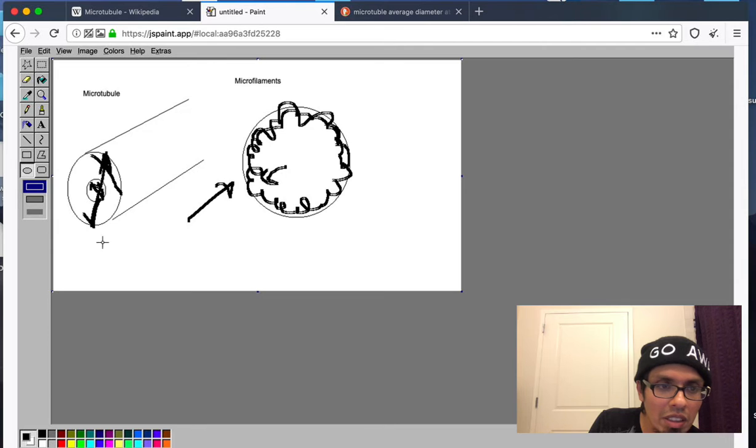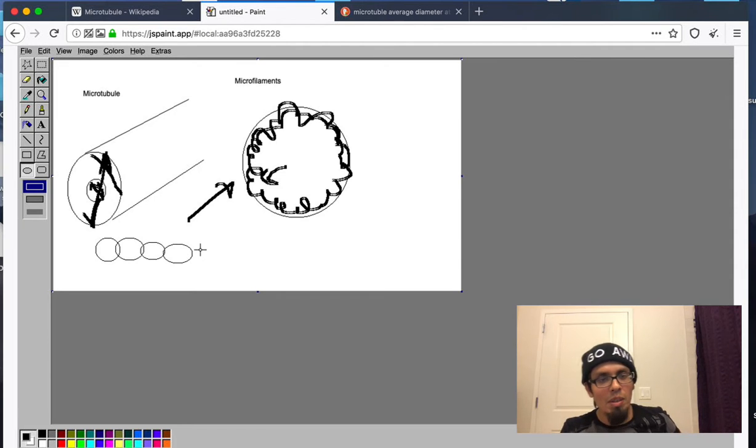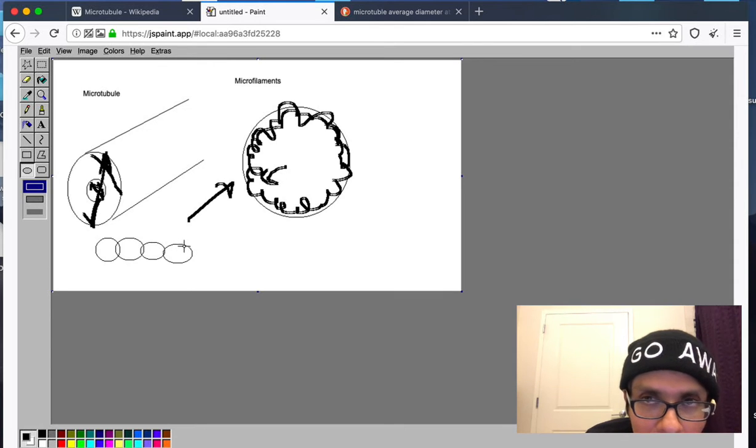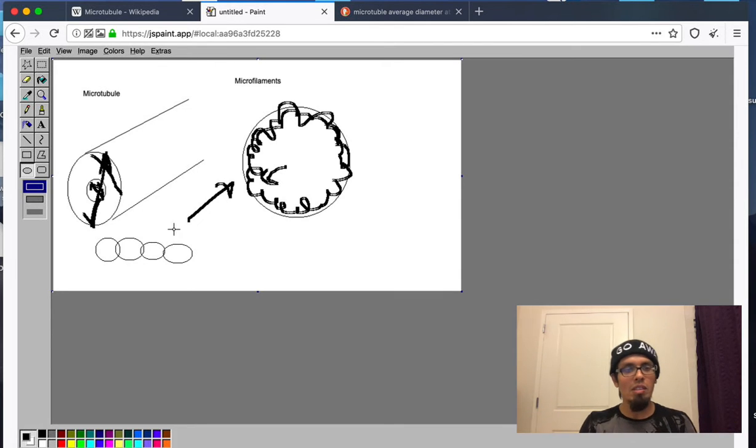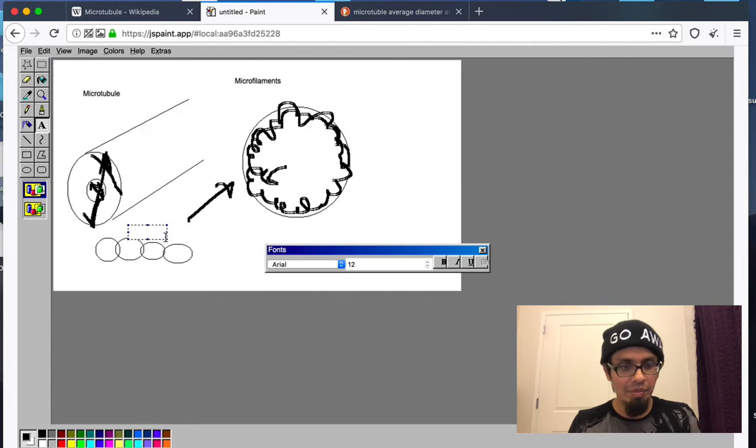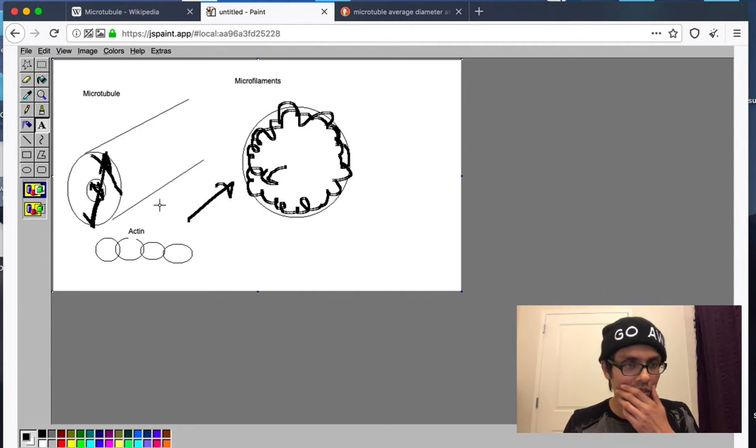Microfilaments are composed of actin. And actin, I don't know too much about the actin protein, but actin and myosin often go together, and we were talking the other day about motor proteins. Myosin's a motor protein, actin is the structural protein that comprises the microfilaments. And then we have